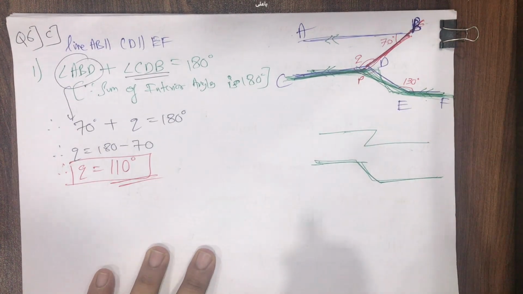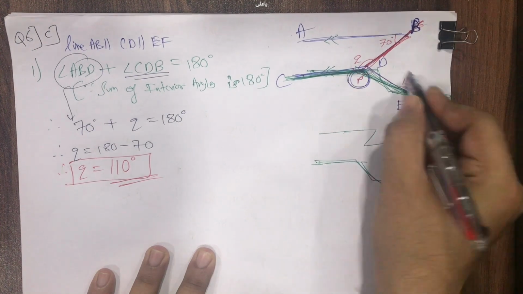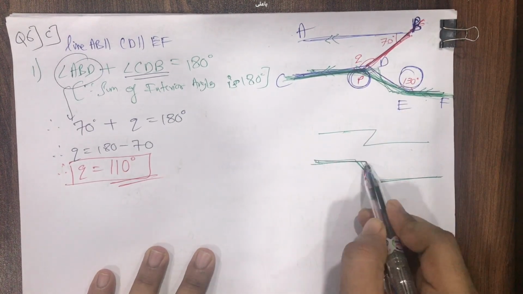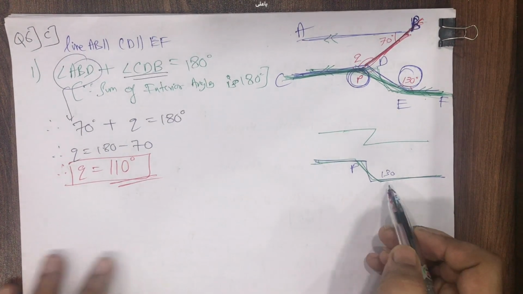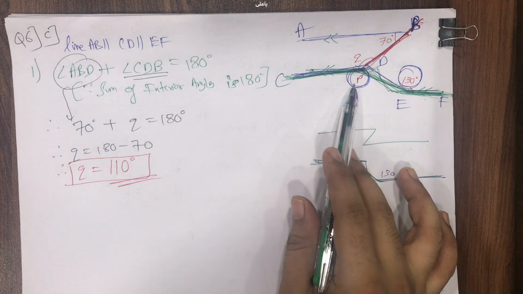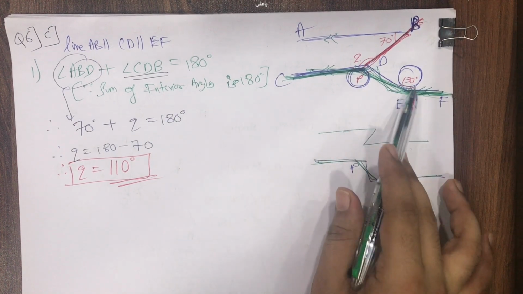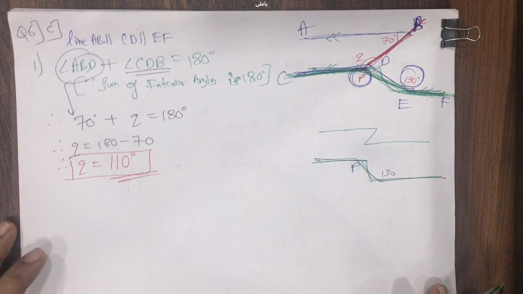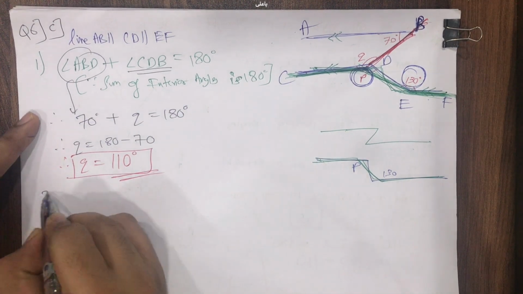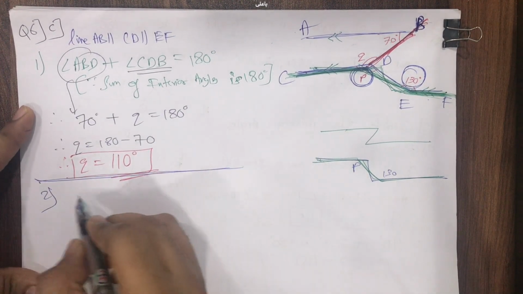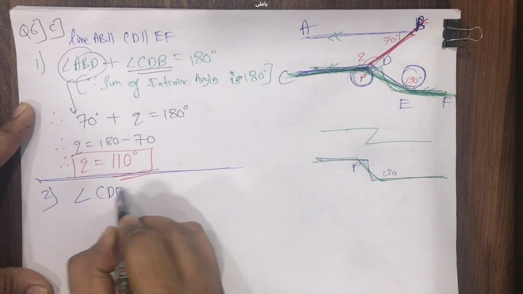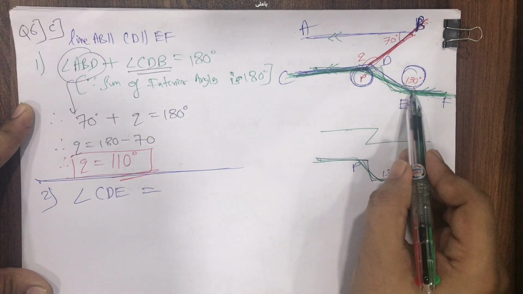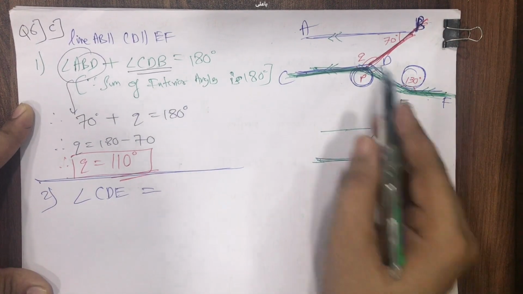So can I say, students, pay attention here. Can I say over here, this P and this 130 come inside the Z? Here it is P and here it is 130. This P and 130 come inside the Z. So we say that P is equal to 130. This angle is equal to this angle. Reason, alternate angles. When Z is formed, we say alternate angles, please. Okay, so second part, please. Can I say over here that angle, what's the name of this angle? CDE. Angle CDE is equal to, what's the name of this 130? DEF, or you can write FED. I'll write DEF.